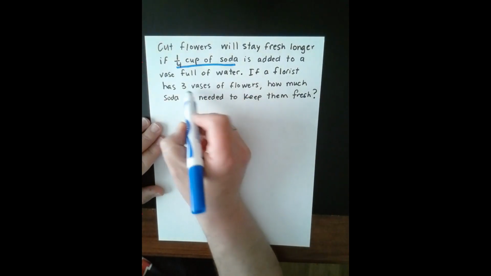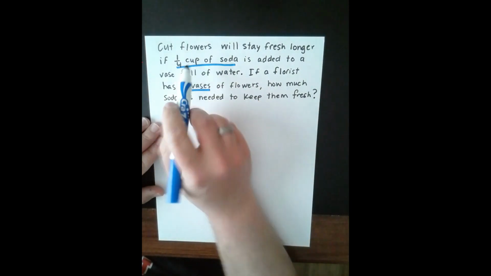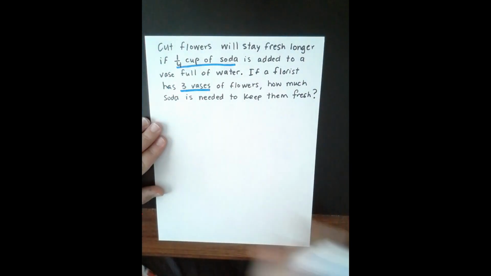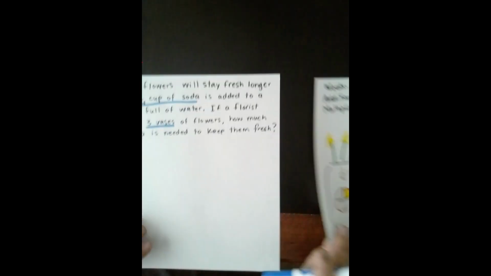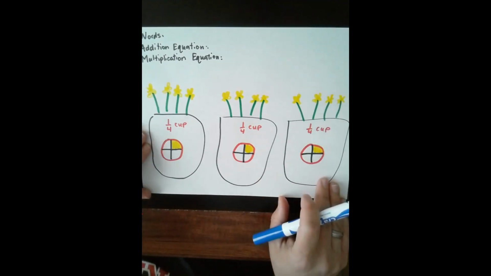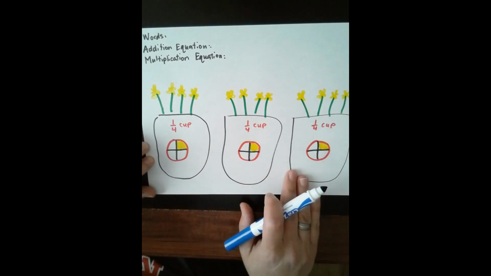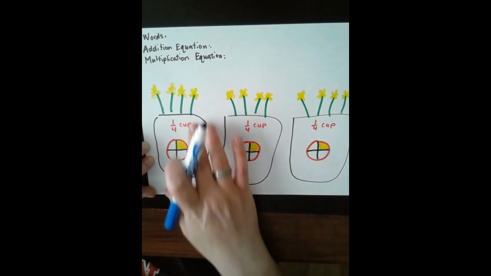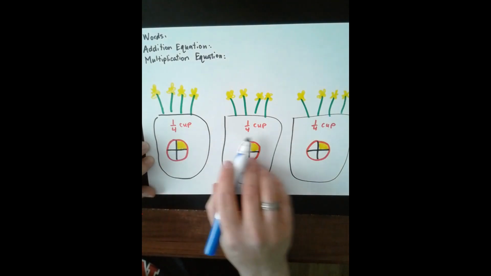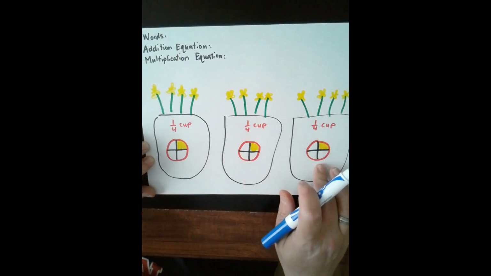So again, we know that we have 3 vases of flowers, and each vase is going to get 1/4 cup of soda to keep them fresh. So I drew another picture, same set of flowers and vases that we had in our first problem, but this time I drew 1/4 cup here to represent the soda that needs to go inside each vase to keep the flowers